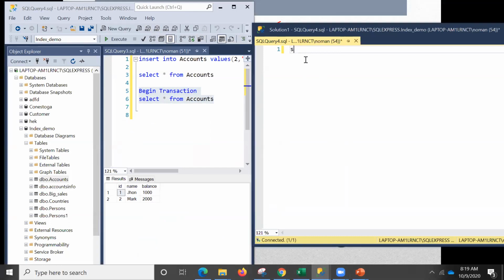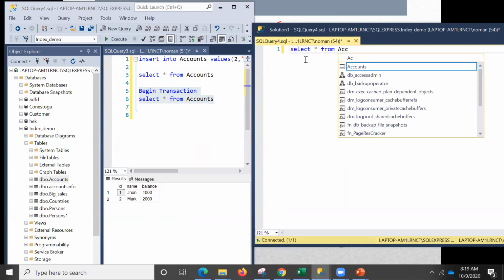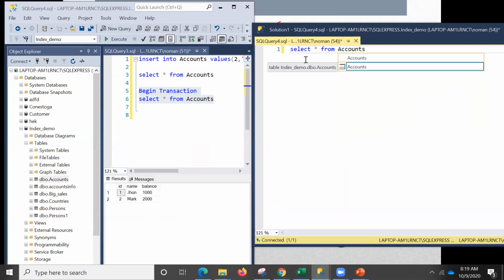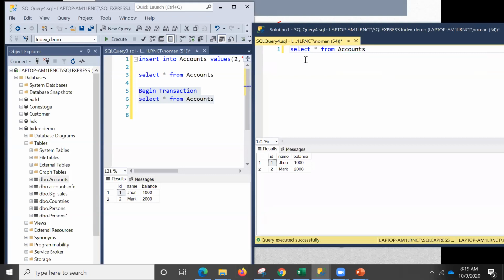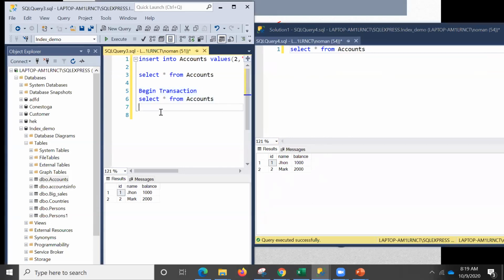Right, so now here I am doing something, and an implicit transaction I'm writing here. Now we are familiar with these two terms. And right now it is just showing everything. Let me just run this first.